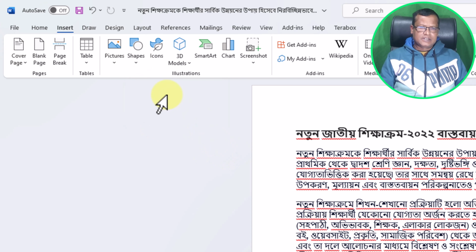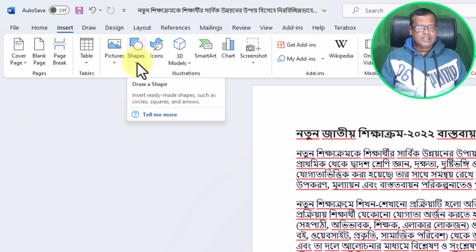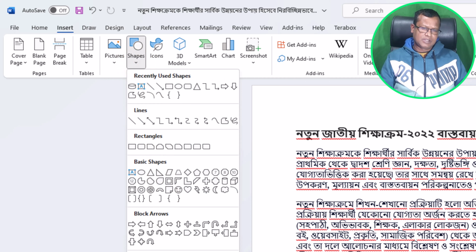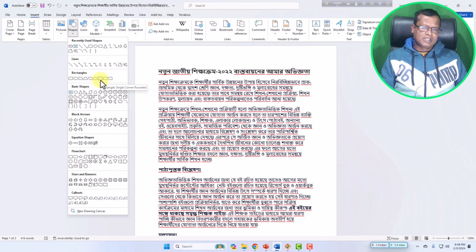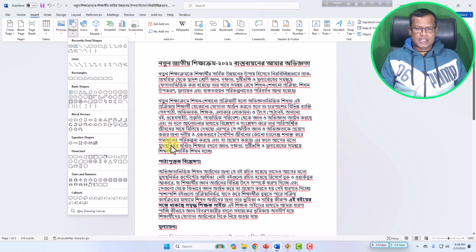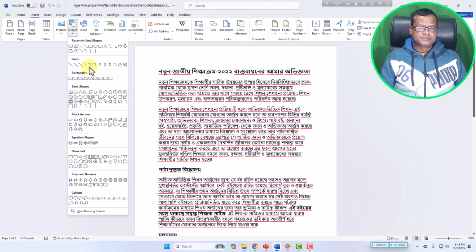So let's get started. If you click the drop down menu here, this is the drop down menu icon as well, then you can see there are plenty of shapes here. You can use all the shapes according to your demand or necessity. So I will add one or two, as for example, if I